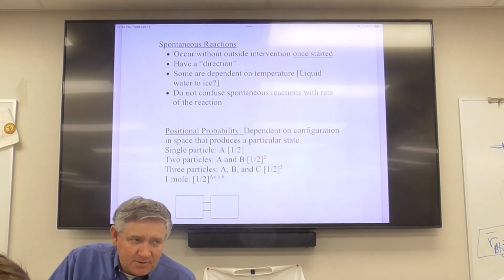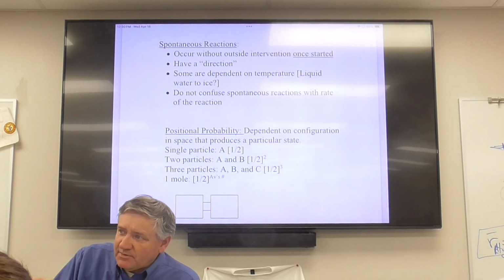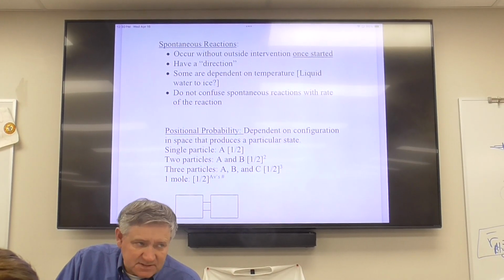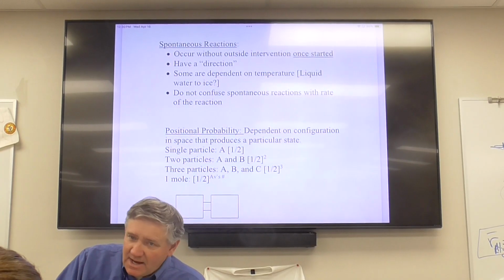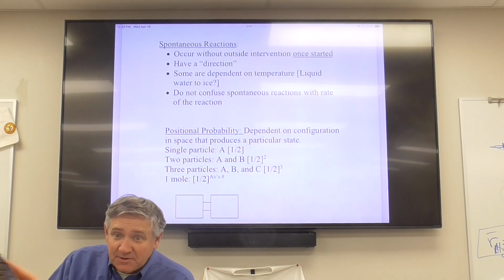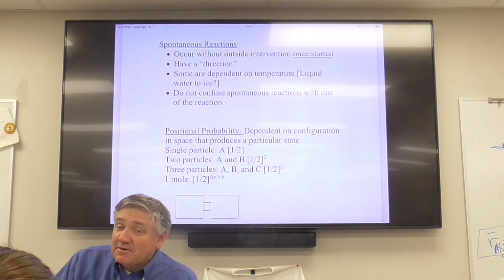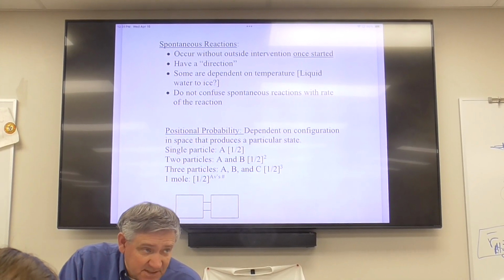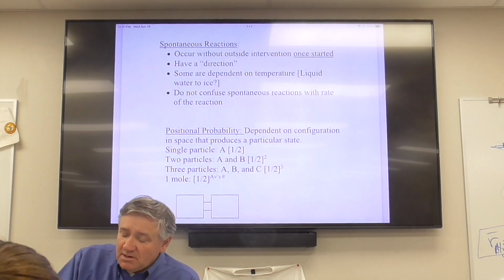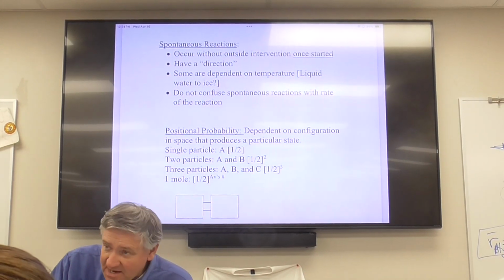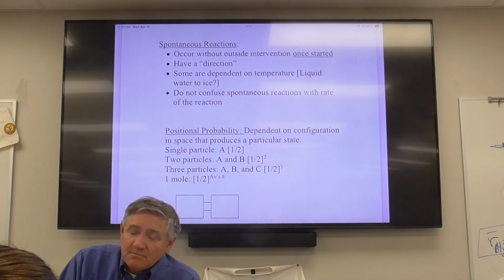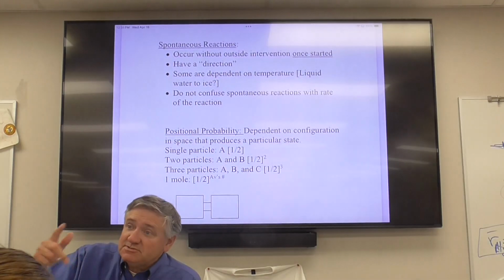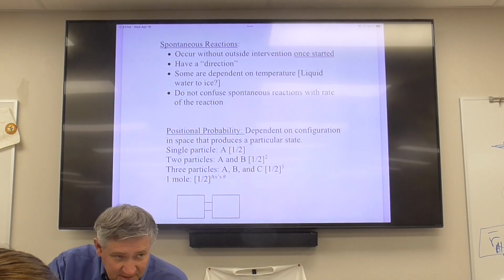An absorption time graph would be really difficult to do if you have phenolphthalein in a solution that's basic, and you add acid to it to make it clear. Okay? That would be a spontaneous reaction, but it would happen almost instantaneously. So, some reactions are fast, some reactions are slow. But here's the whole point: if it's a spontaneous reaction, that means you just have to get it started, and then it'll take off from there.